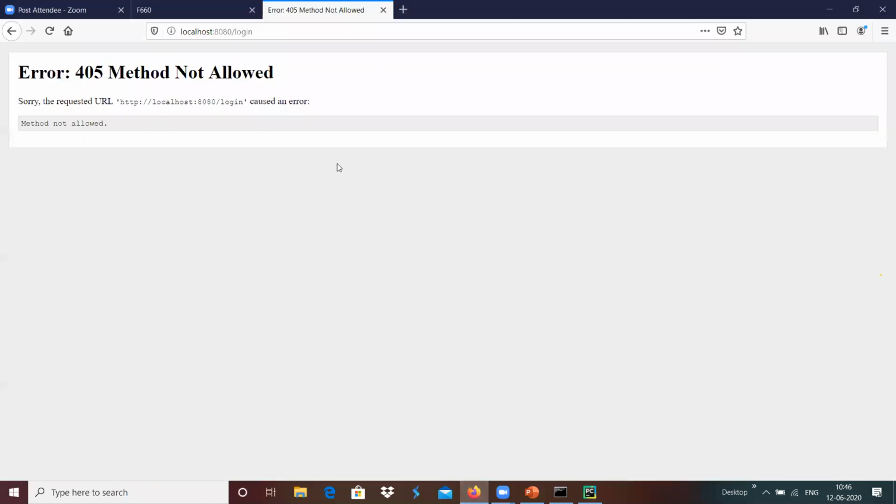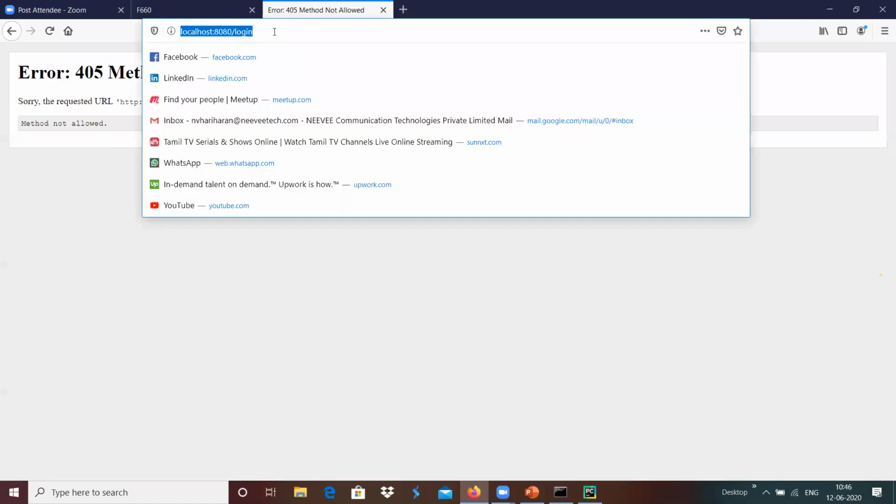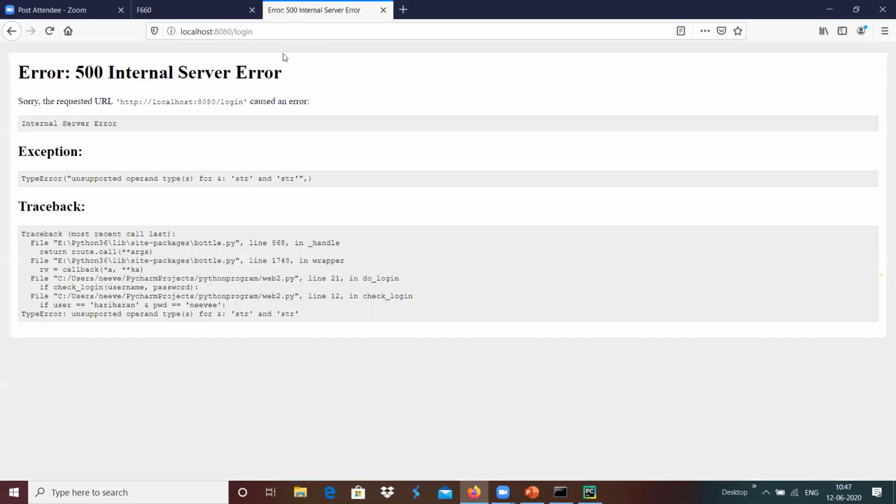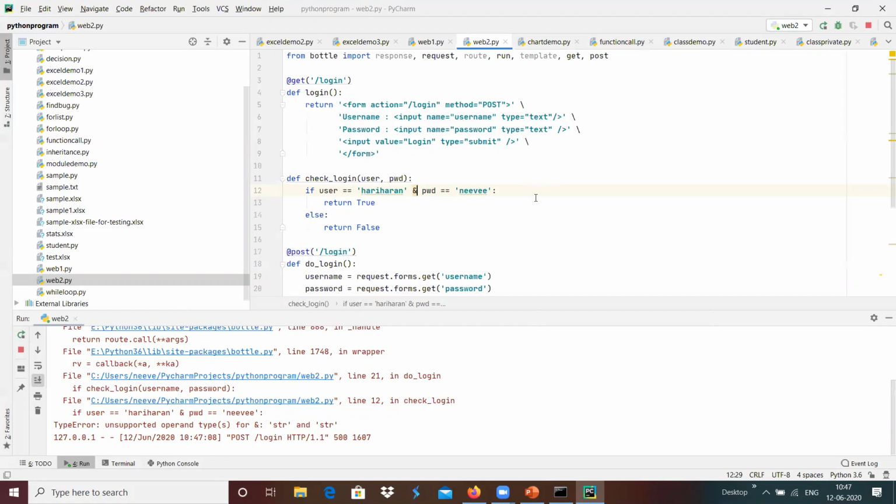I'm going to run this, localhost/login, which is received over here, and I'm going to provide a valid value, Hariharan, and then the password is Nivi, and I'm going to press login. Okay, it provided an exception over here, which we can handle with something instead of or.